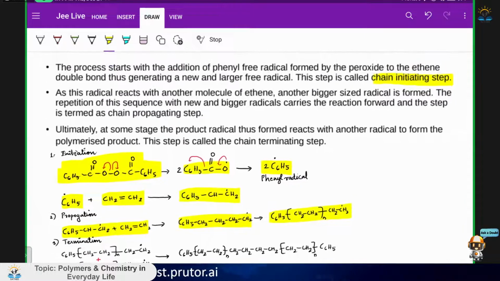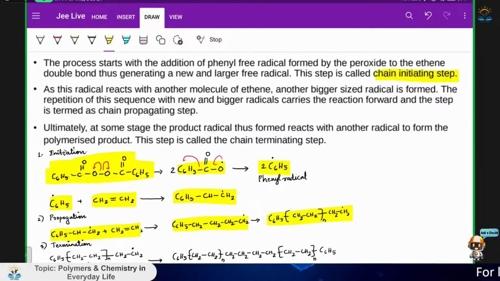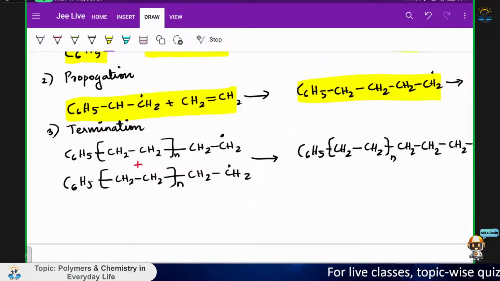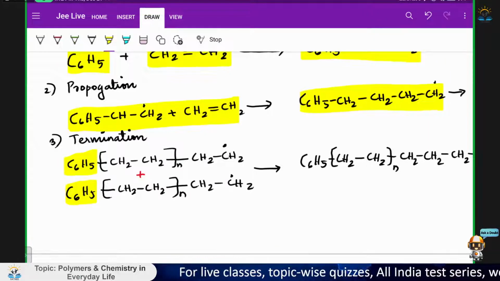What's termination? We will first see. Ultimately, at some stage, the product radical thus formed reacts with another radical to form the polymerized product. This step is called the chain terminating step. So here we have two big free radicals formed with the phenyl radical at their end. So we see for both these free radicals,